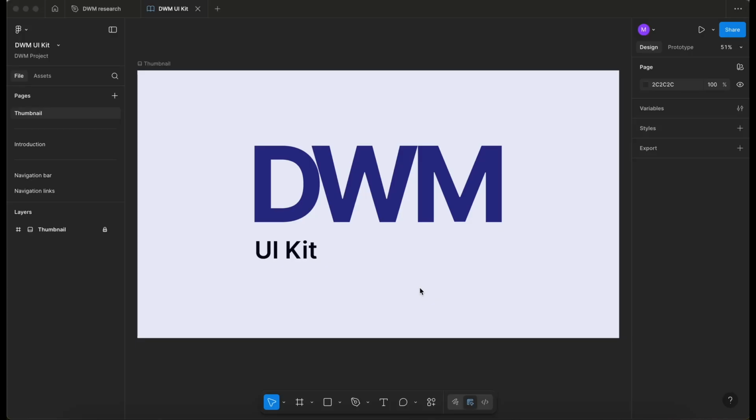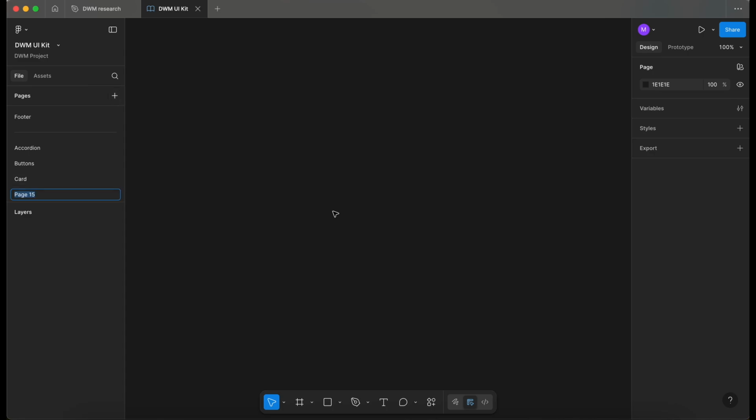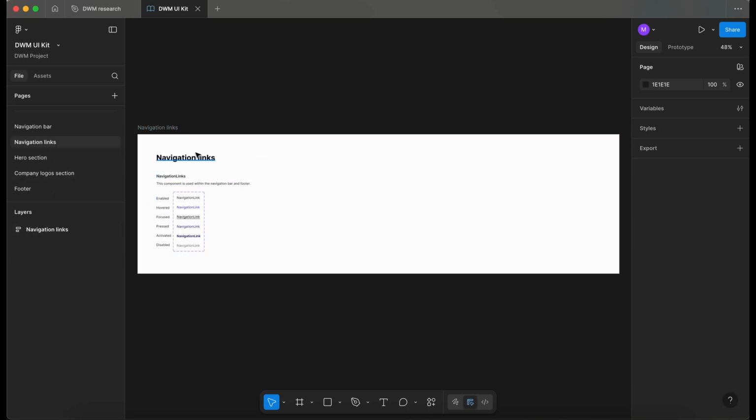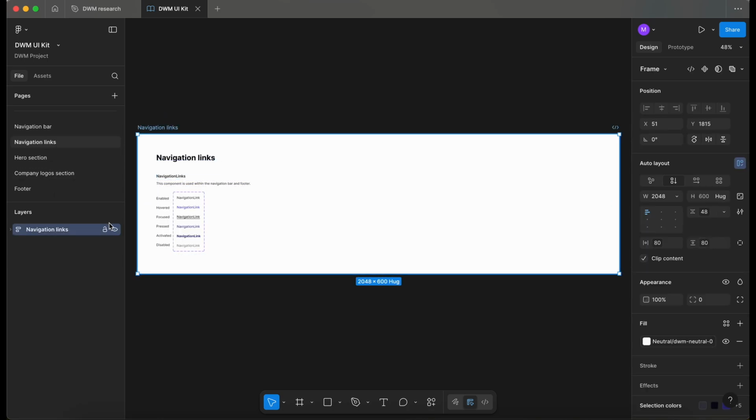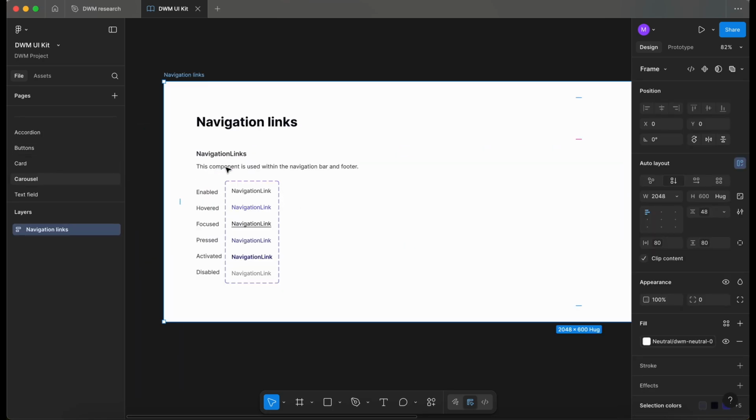Okay, welcome back to the file. So we're going to jump in and create a new page for our carousel component. Let's click on the plus and add a new page, and rename that to carousel. All right, let's go back up and take this page and copy it. Just lock that again. Let's go back to carousel, press Command V, paste that in, and update the